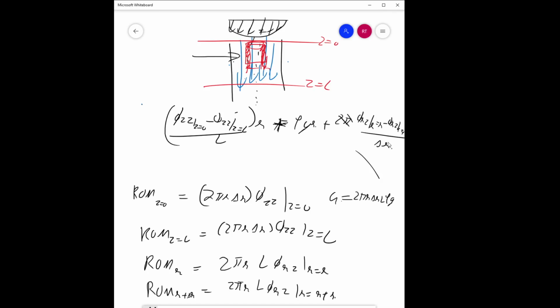Now here what we can do is take this to the other side. So I'm taking this to the other side, the equation will become...